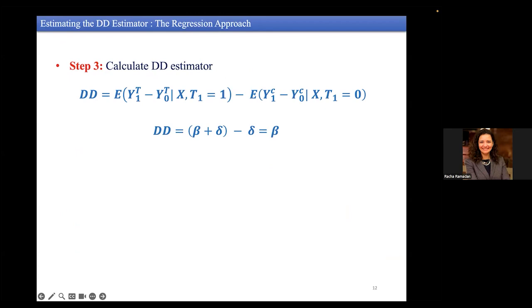If this value is positive, this means that the implemented program or training or policy has a positive impact on the outcome variable of interest. Of course, it should be significant. If it's not significant, this means that we don't have a significant difference between the treated and the control group. And if it is negative and significant, this means that the program has a significant negative impact on the